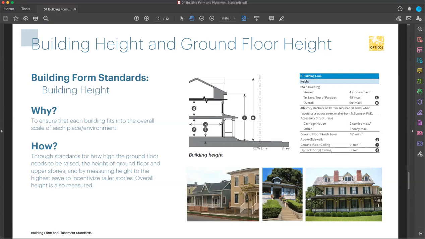And what that does is it makes sure that the building height up to that point produces realistic and useful floors, and it also doesn't result in people trying to squeeze the overall building down into the overall maximum height,